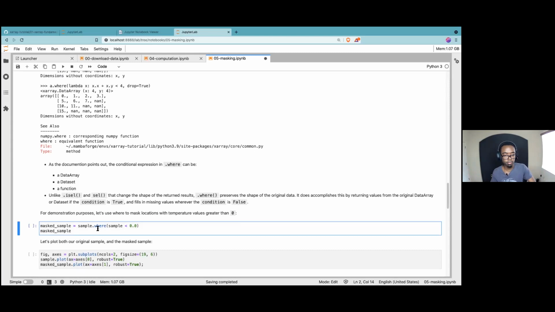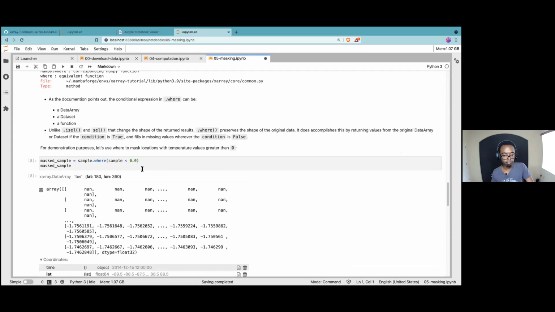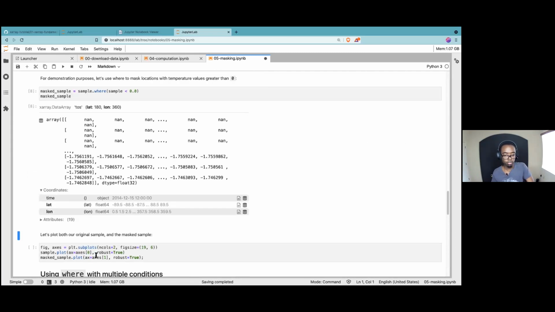In this case, I'm saying sample.where, and I'm masking using the actual values in my data set. I'm saying I want you to mask locations with temperature values greater than 0. This may not make sense, but if you actually plot it,